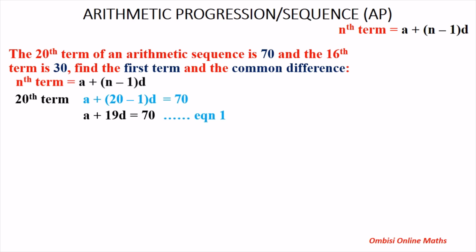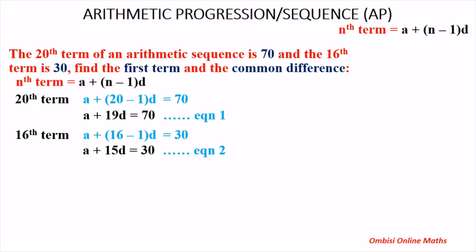We go ahead and see that the 16th term is given by a plus into brackets 16 minus 1 d, and this should give us 30. So you simplify this and you have that a plus 15d equals 30, and you call it equation 2. So you can see that equation 1 and equation 2 are two simultaneous equations which you can solve by elimination. So solving by elimination, we're going to take equation 2, subtract it from equation 1, and